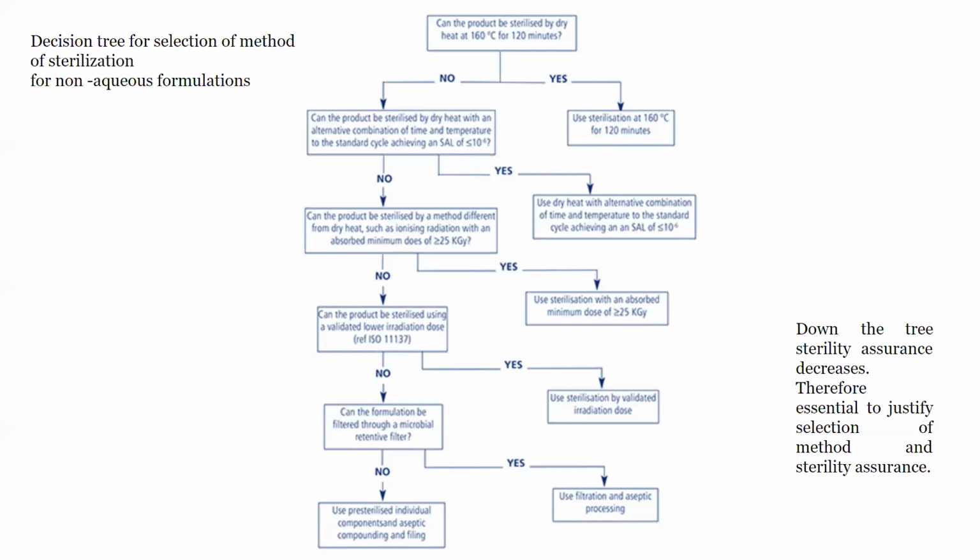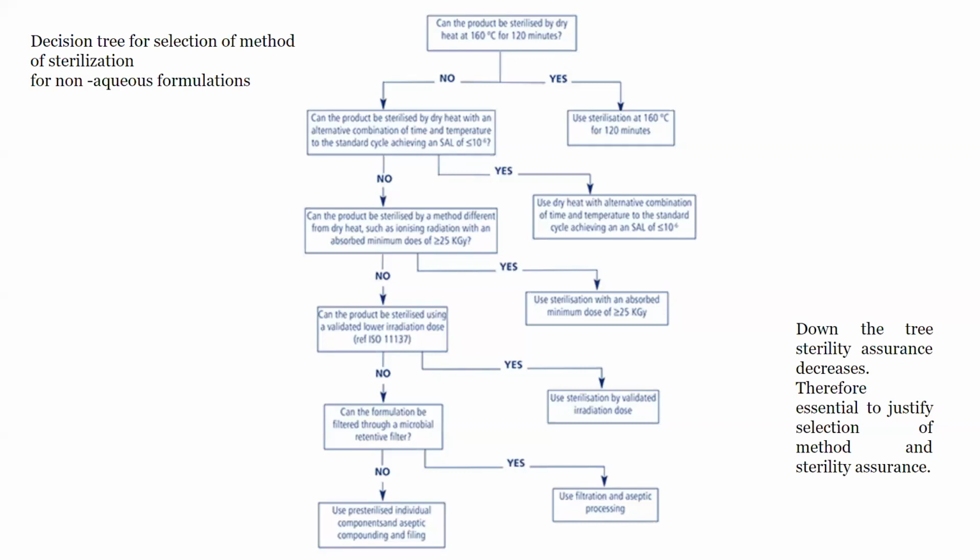If you go for autoclaving, then after sterilization, the vapor will get condensed over the exterior surface of the formulation or packaging material, and it may get a chance to ingress into the formulation, and the presence of water may destroy the purpose why the formulation is non-aqueous. So non-aqueous formulations cannot be autoclaved. So first priority will be dry heat sterilization. If it is possible at 120 degrees Celsius for 2 hours, go for it.